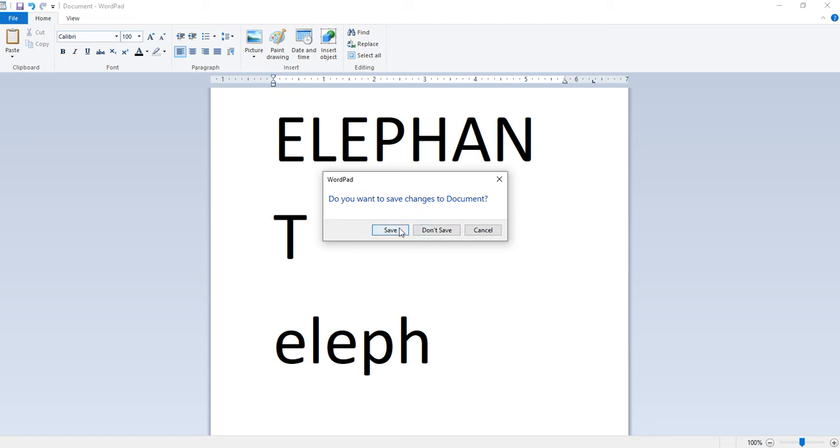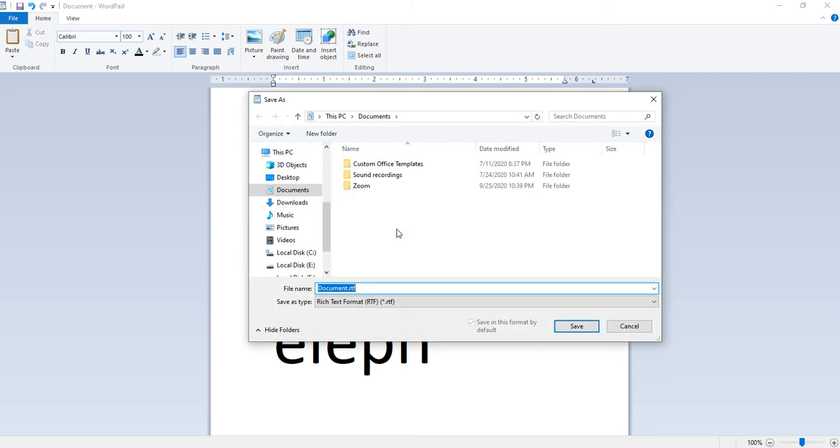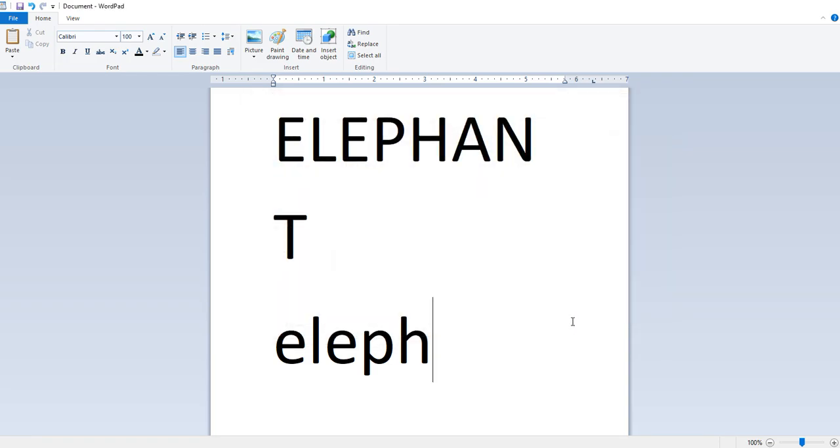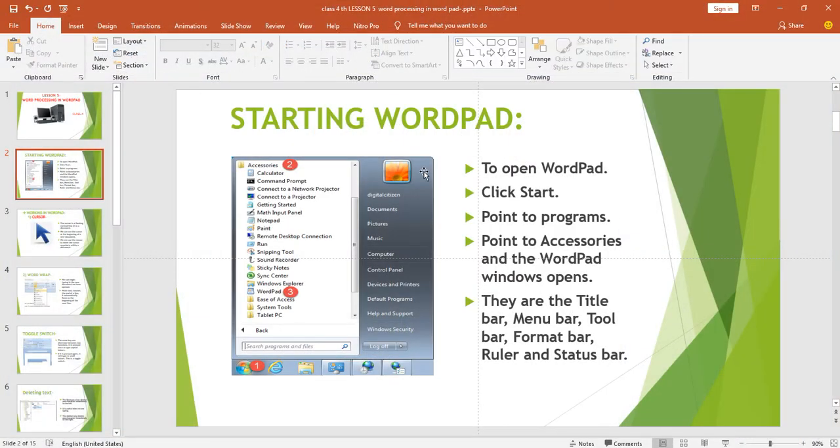Then you click on Save. Okay, then your document is saved with the name we have typed. This name now appears on the title bar. Look at this. Class 4th, lesson 5, word processing in WordPad.